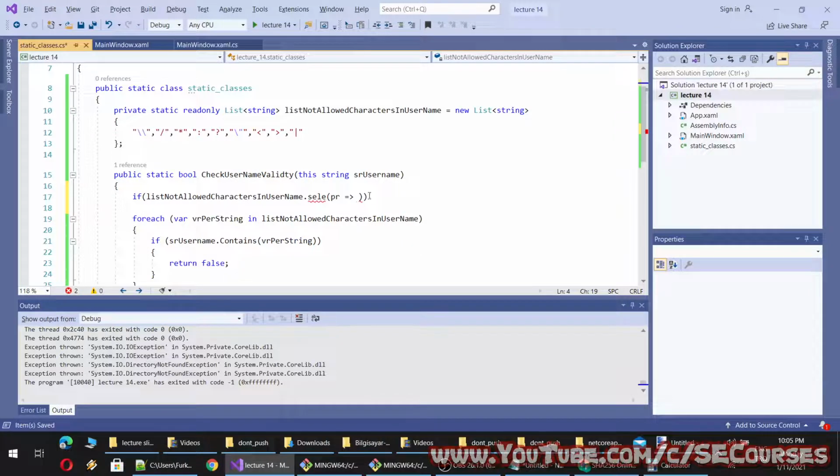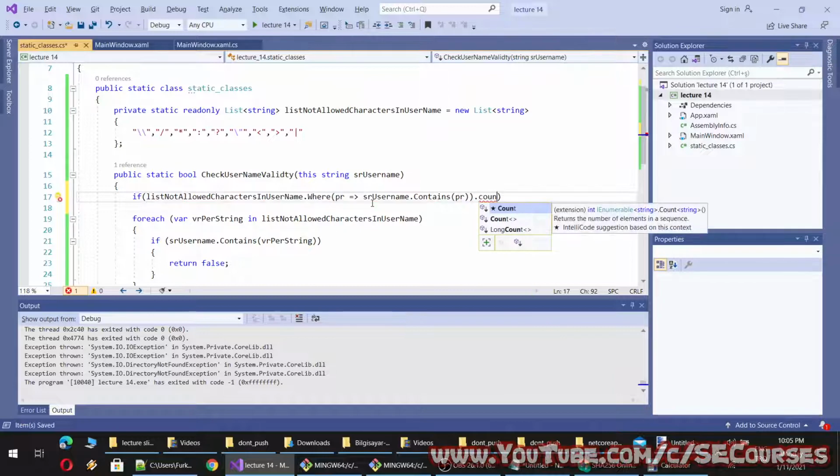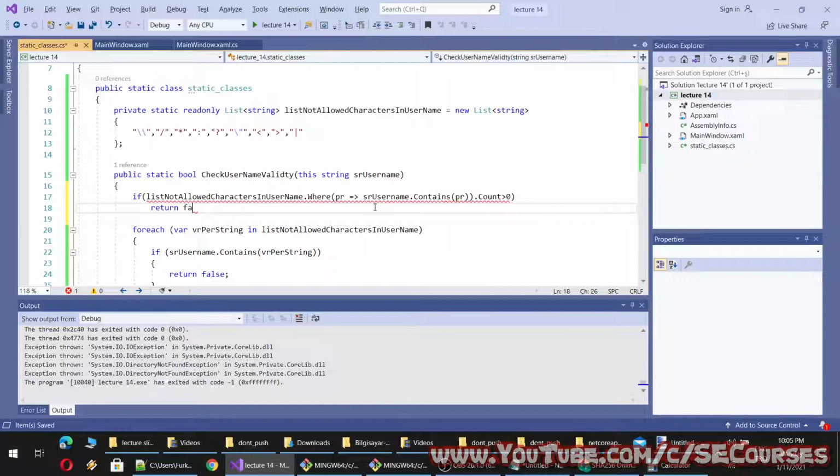Okay, and here I can use a var clause, like this: sr username contains pr, and if this has count bigger than 0, we can return false.